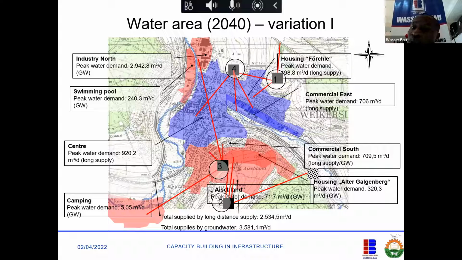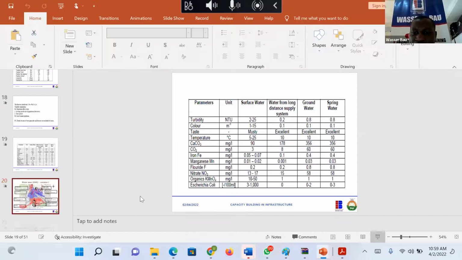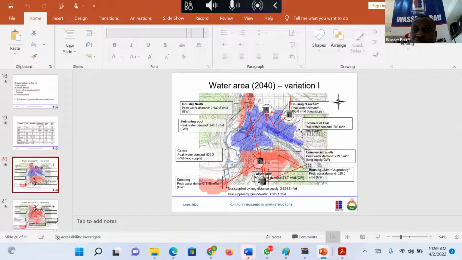And also, it helps you to do your calculation. If I know that people living in industrial north are 10,000 in population, I will know their pipe size. I will know how to define the pipe going to industrial north. If those in the center are 2,000 in number, I will define their pipe going there. If people in the camping area have a certain number, I will design their pipe based on that number. Are you with me? Now, this is something we're supposed to do next week, but let me just do it